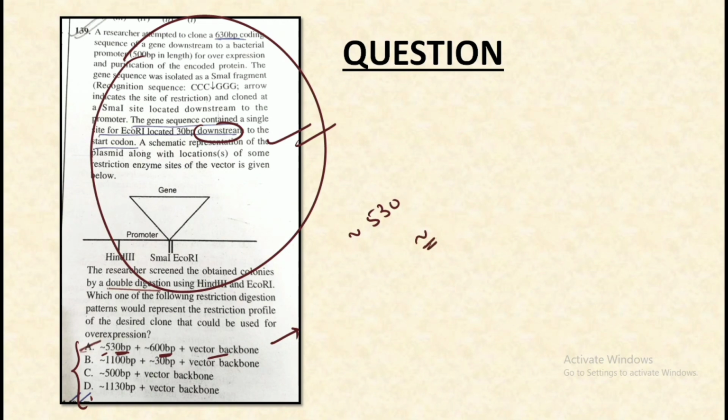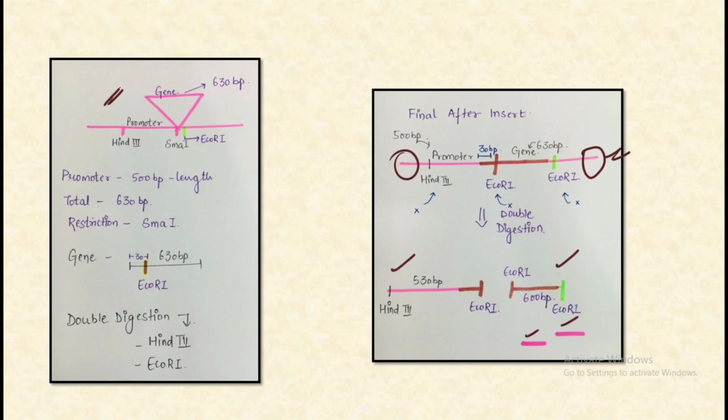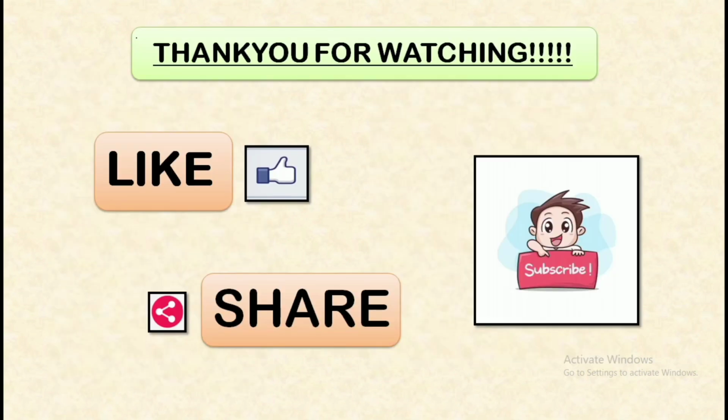So this is the complete question that we have discussed and its solution. I have tried to simplify this question in the best possible way. I hope this question is clear to you, and if you still have some doubt about it, you can comment down and ask. And with this, we're done with the complete topic of restriction digestion and its subtopics in detail.